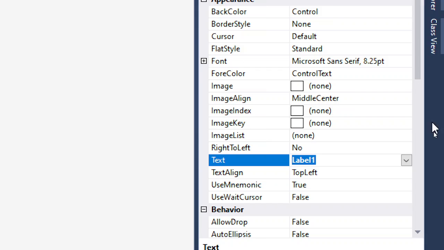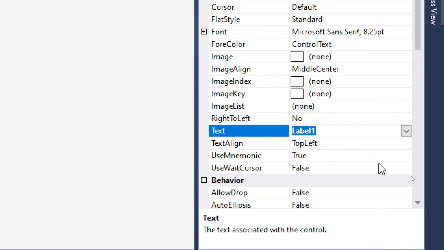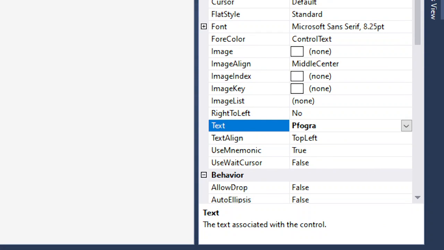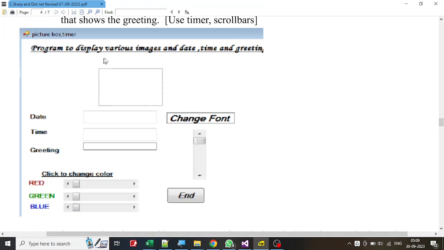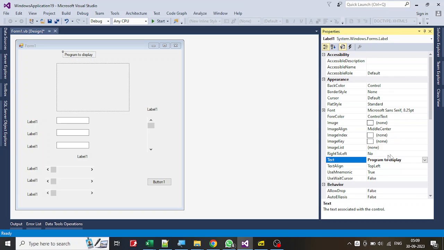So I'm going to go here to the label and text, and I'm going to say program to display greeting, images, pictures, whatever. Let me read that thing, or something is written. Display various images, date, time and greeting. Display various images